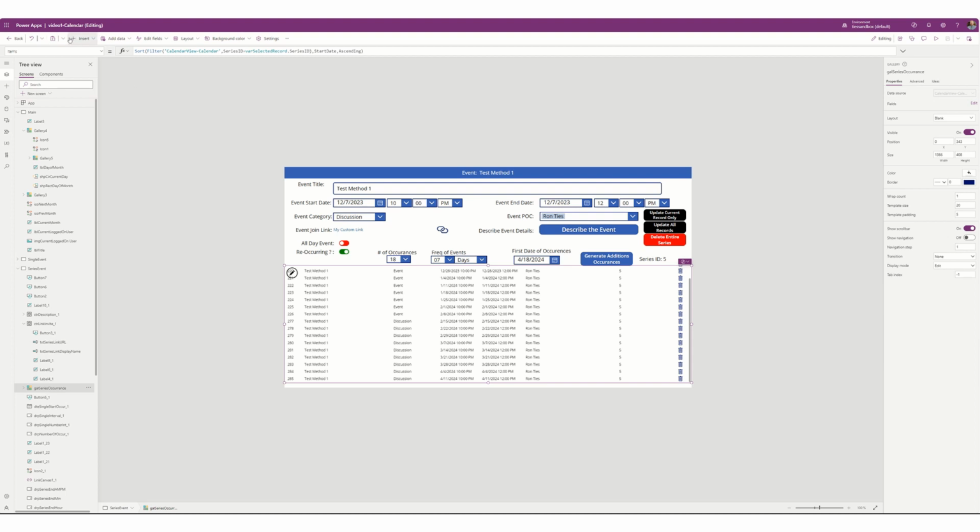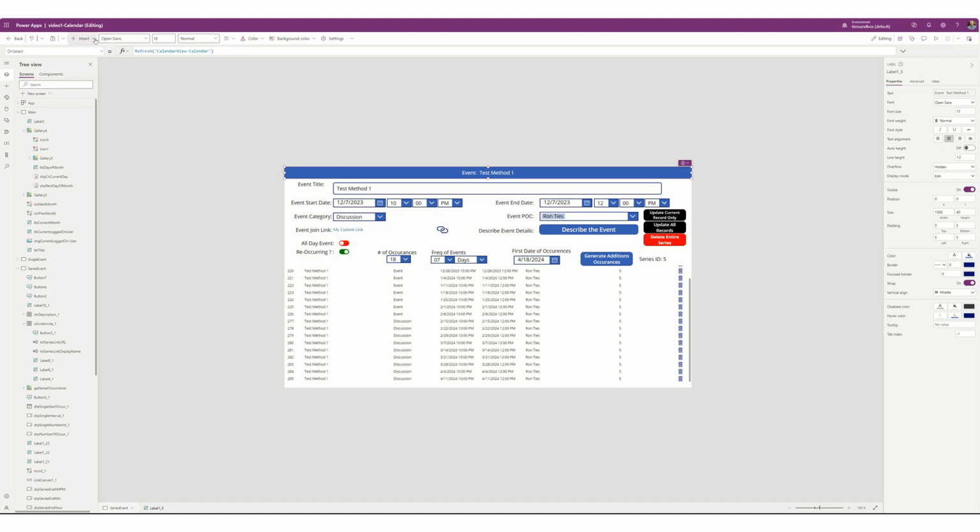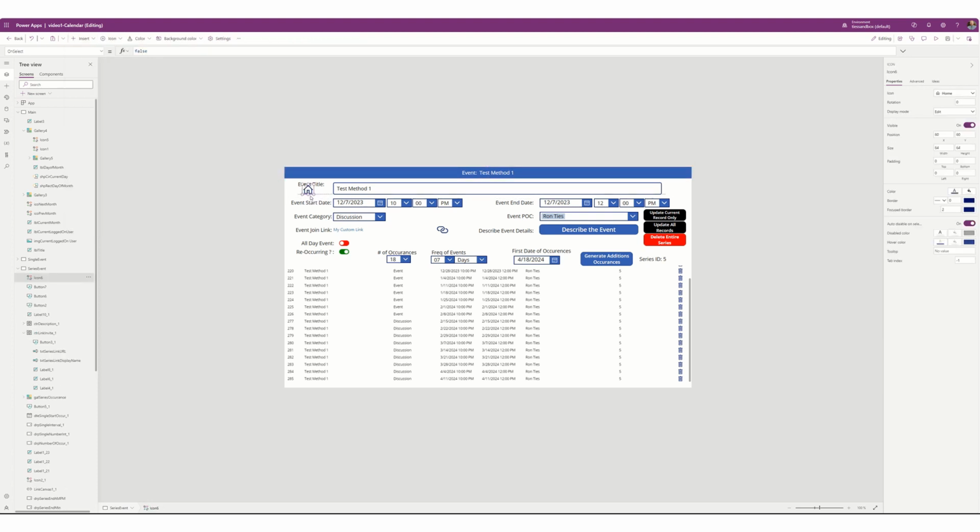So we're going to go ahead and hit. I'm going to select this label right here. We're going to go insert, and I'm going to put a home button here, or a home icon. Shrink it down a little bit so it's human sized. Okay, we're going to make the background white, well, the drawing part white. And then for our on select, we're going to say navigate, main, fade,